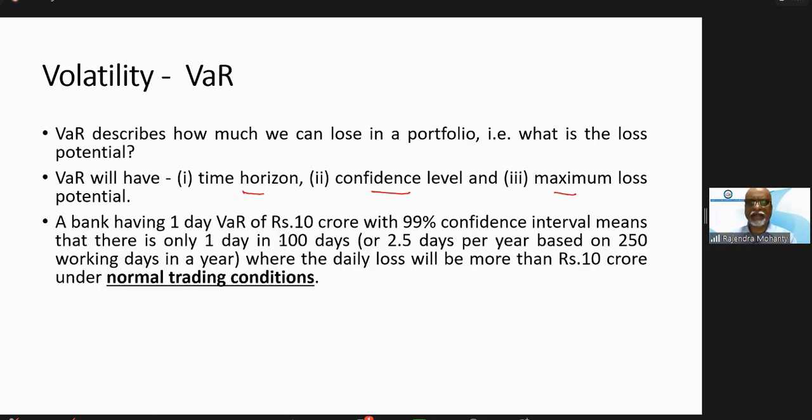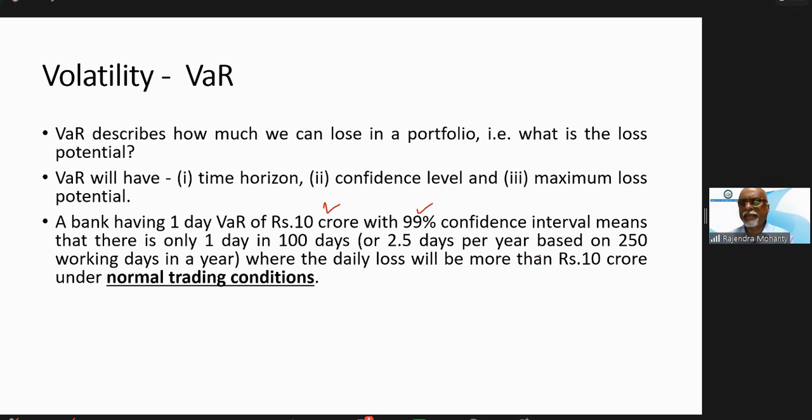So VaR describes how much we can lose in a portfolio, that is, what the loss potential is. So VaR will have a time horizon, confidence level, and maximum loss potential. That I already explained. So can you calculate this one? A bank having a 1 day VaR of 10 crore with 99% confidence. Sorry, this is an example. I'll give a problem. So here it is said that 1 day VaR of 10 crore with 99% confidence level